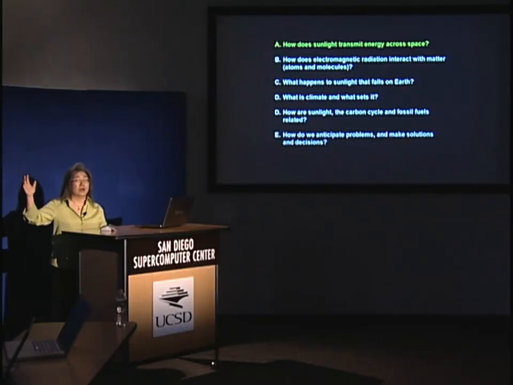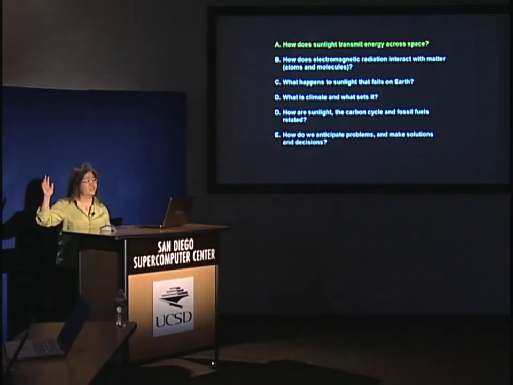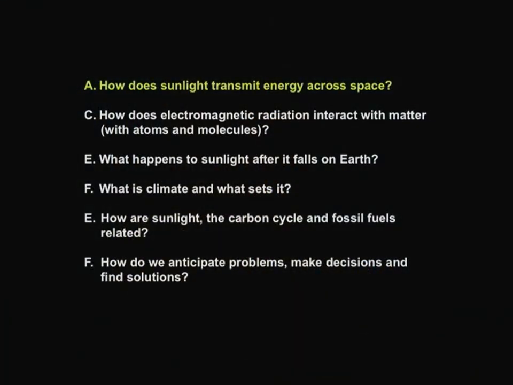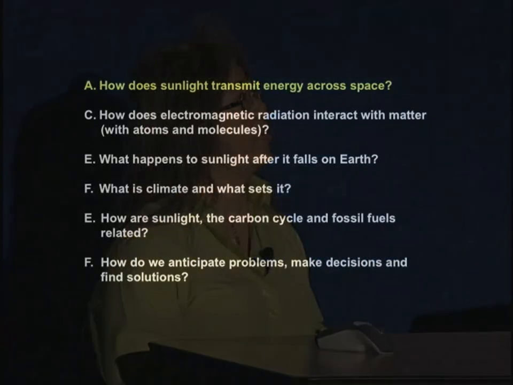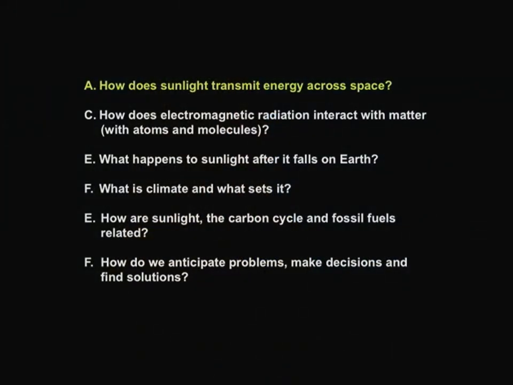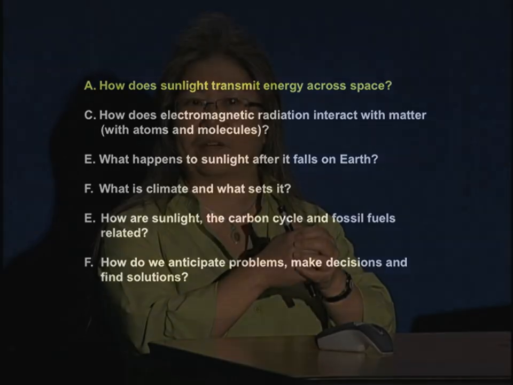How many of you are very comfortable with electromagnetic radiation in here? Okay, great. So some of you, and some of you not. I'll take a little bit of time, and for some of you it's going to be review. Next is how that radiation interacts with atoms and molecules. Why that's important is because that's the basis of the greenhouse effect. The energy that causes the greenhouse effect, and actually lots of other things, comes from the sun. So it's the interaction on a large scale, not just at the molecular level, that interests us. So I'm going to move on to that.